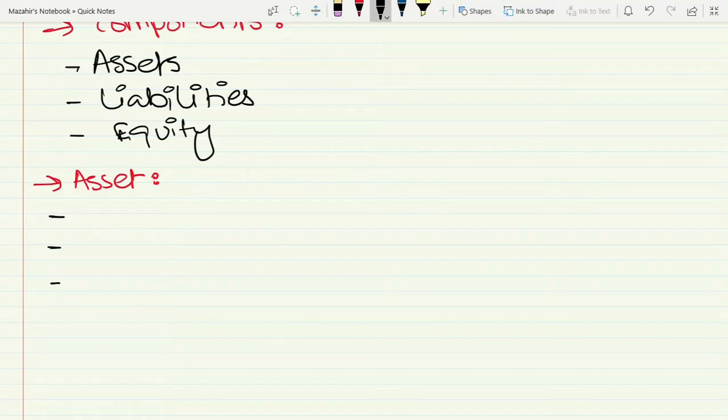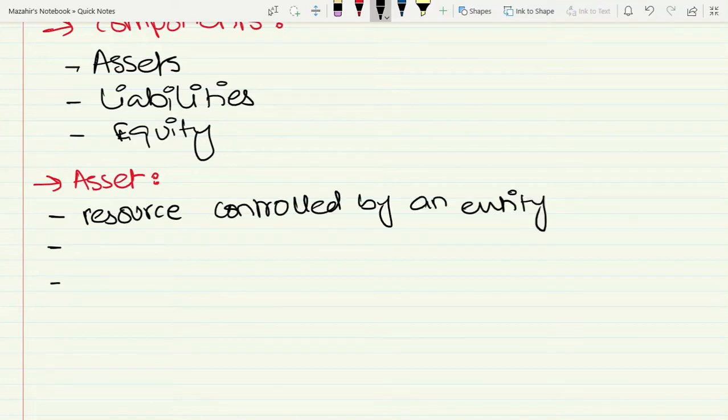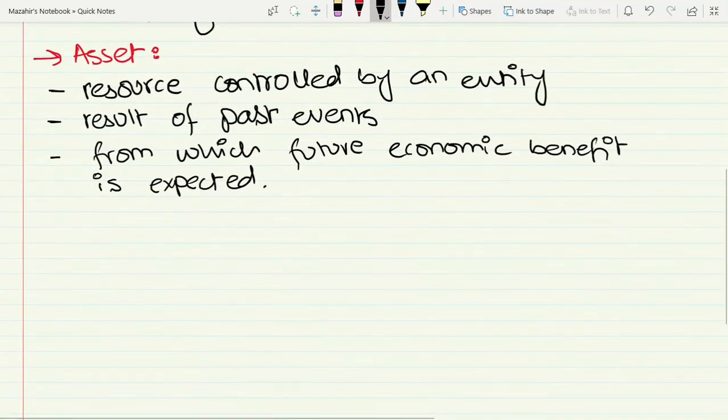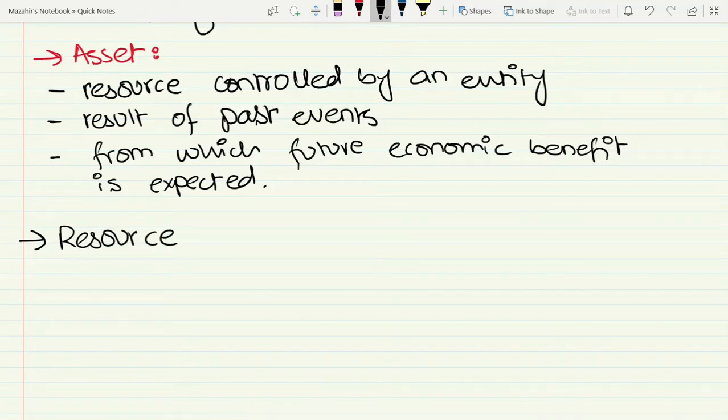The first part is that an asset is a resource that is controlled by an entity. The second part of the definition is that it is obtained as a result of past events. And the third part is from which a future economic benefit is expected. Now to understand these 3 parts individually, first we will go through what it means by a resource controlled